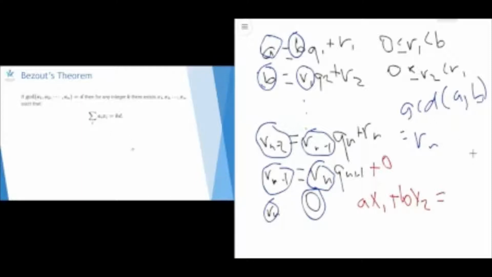So let's say d, even though it's equal to R of n. So we want to show that there's x1 and x2. Well, this comes from the fact that we can trace all these remainders back to A and B. We can say that all these remainders are linear combinations of A and B. Why? Well, first, we know that